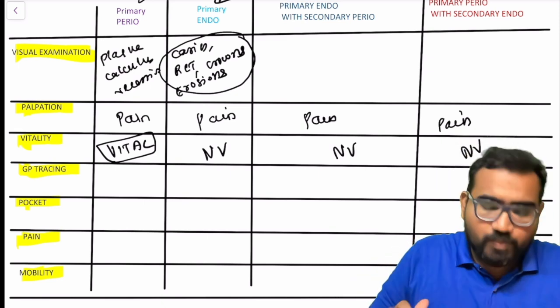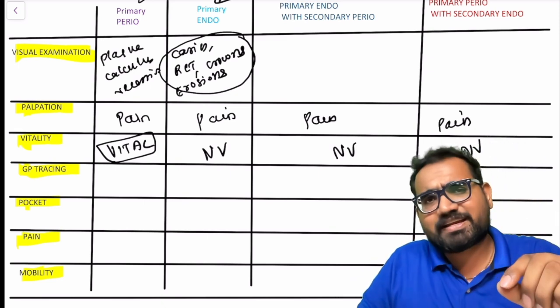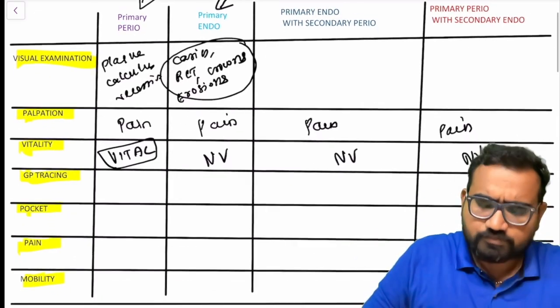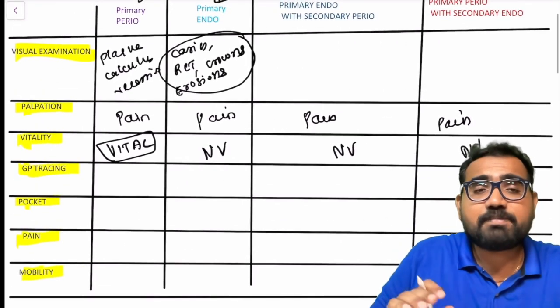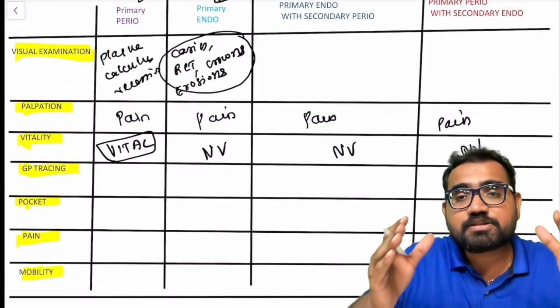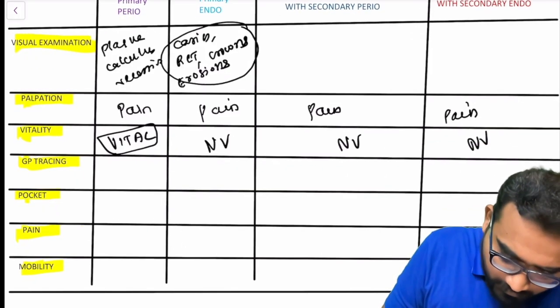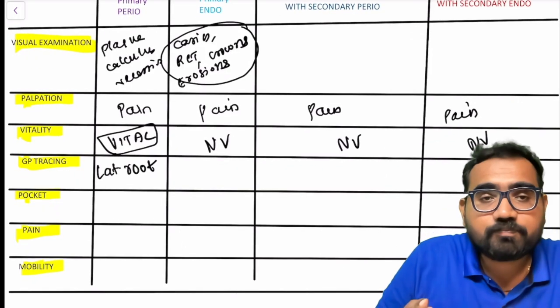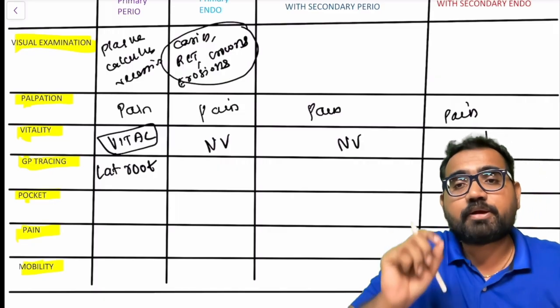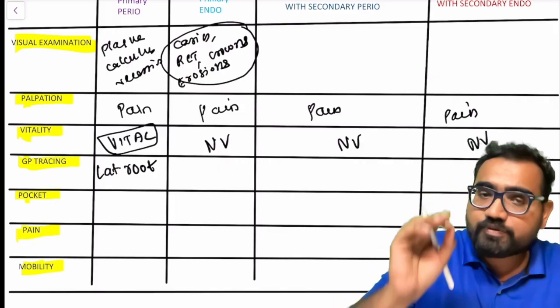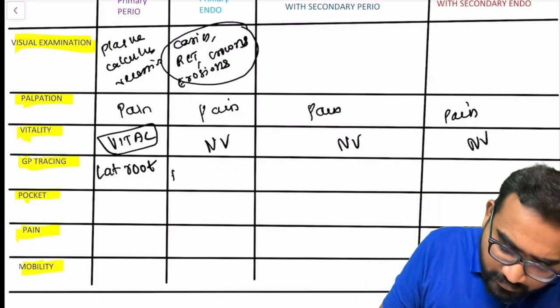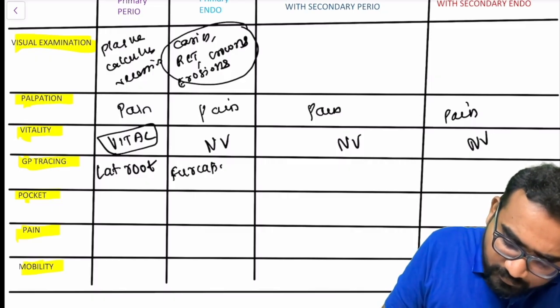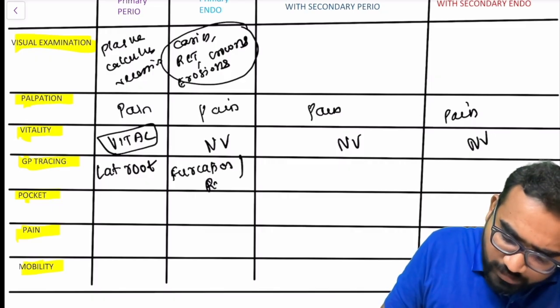When I insert a GP into the sinus tract or the sulcus, if it moves along the lateral surface of the root, then that is primary perio. If the gutta-percha points towards the furcation or root apex,